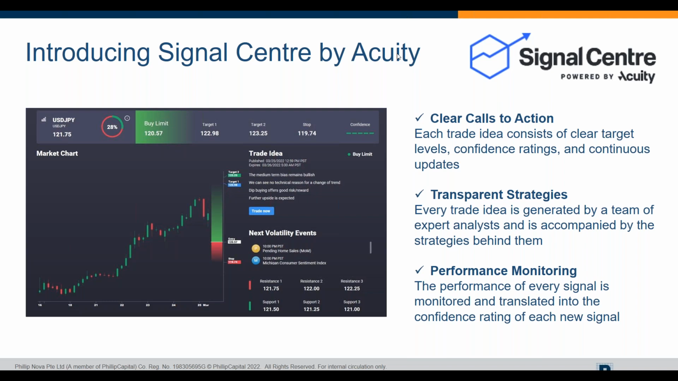And secondly, every trade idea is generated by a team of expert analysts, and they are accompanied by the strategists behind them. So these are not just a system that generates mass trading ideas. These are actually ideas that are generated by a team of experienced technical analysts, and so you'll be able to view them on your trading platform. And thirdly, you can also have performance monitoring. The performance of every signal is actually monitored and translated into a confidence rating of each new signal. Okay, so that is a brief introduction